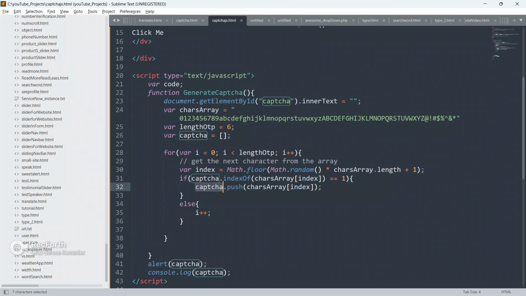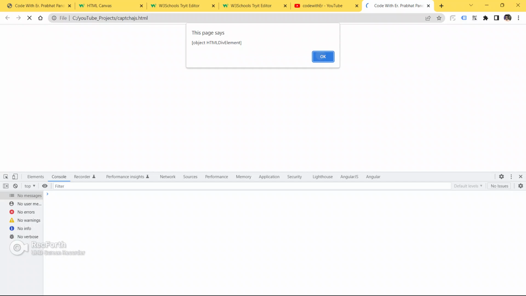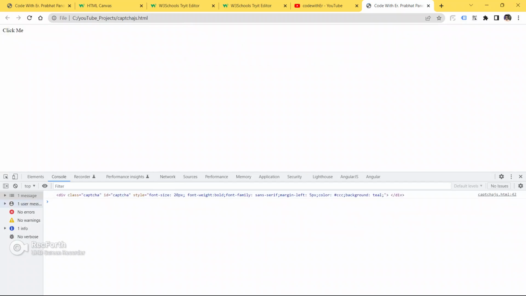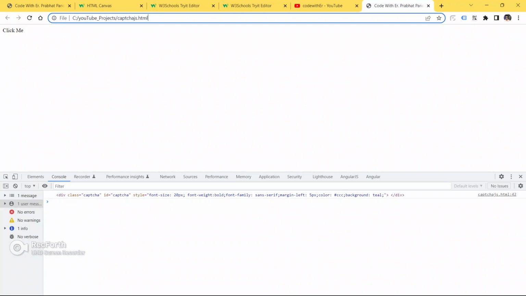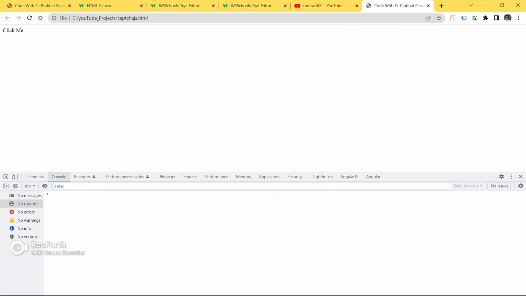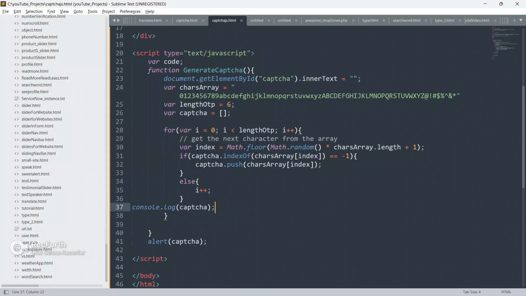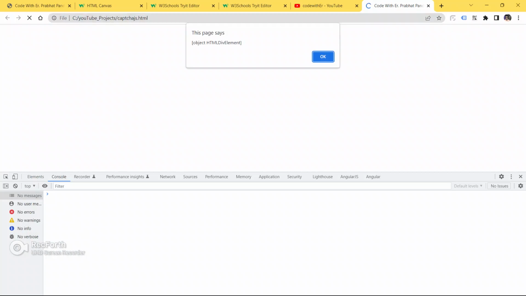i plus plus. captcha.push this. Okay, sorry guys, we have to put -1. console.log, put it here.